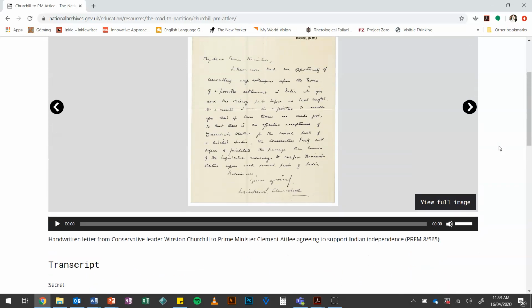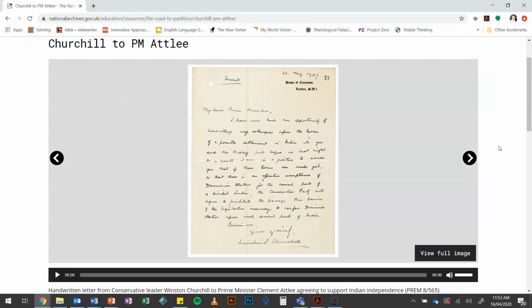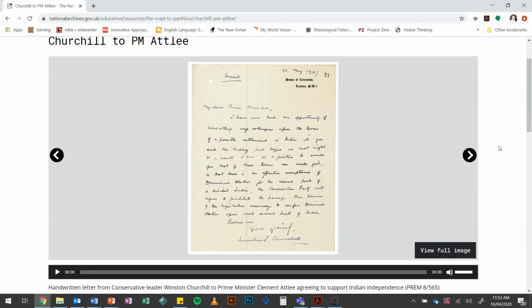Now, last thing we're going to use is the Command or Control F function. What this is really useful for is finding really specific terms or phrases within a website in and of itself. Sometimes you might come across a website or a document that is extremely long, a lot to read, and it can be quite tedious trawling through everything to try and find stuff that's relevant to your research. So what you can simply do is Control F